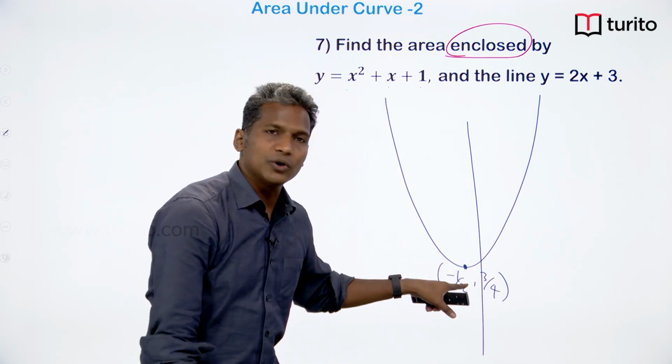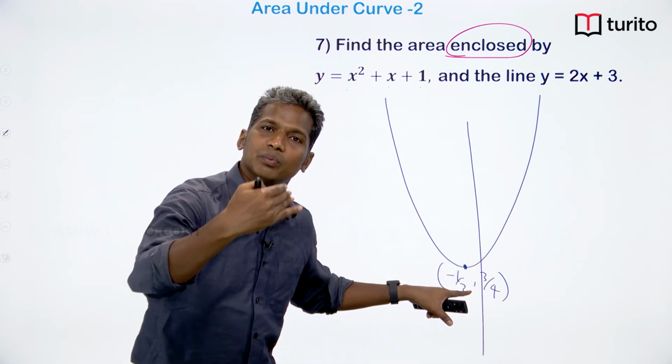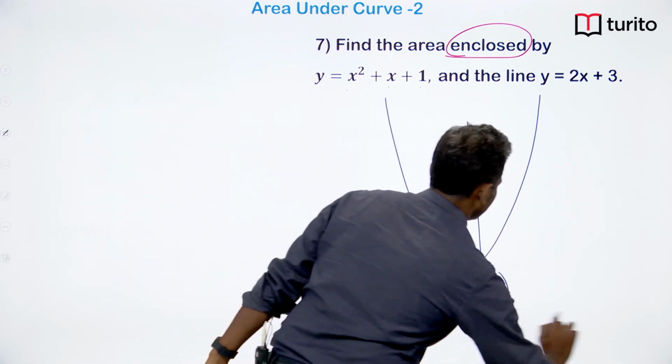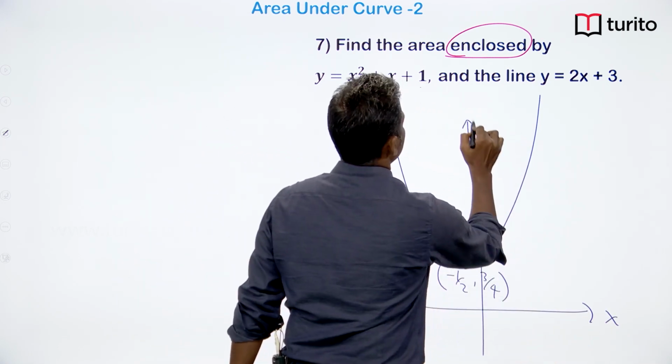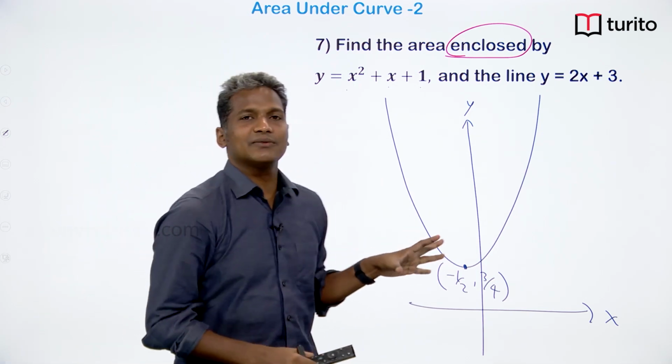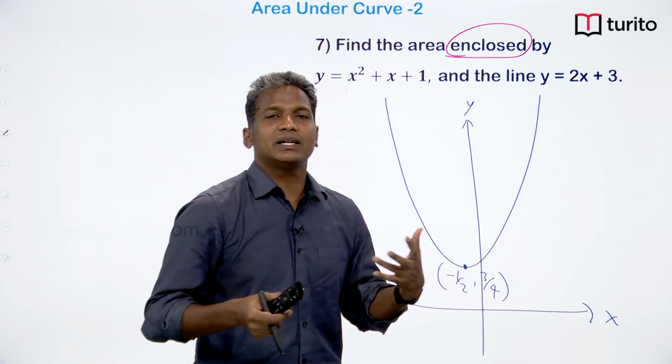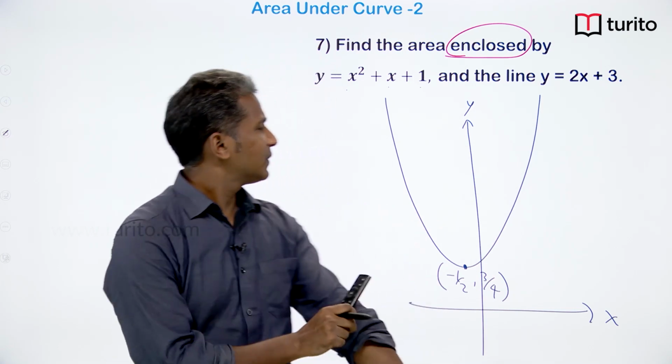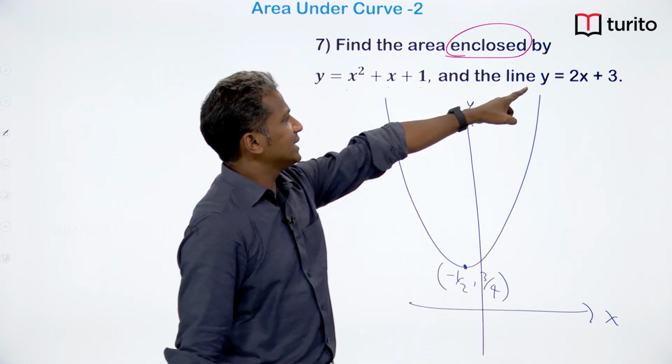Y coordinate is positive, so the x axis is below the point. So this is my x axis, this is my y axis. Okay. So for quadratic graphs I follow this technique so that it becomes faster. Okay. Now looking at this line,